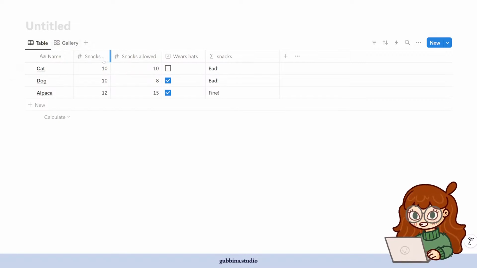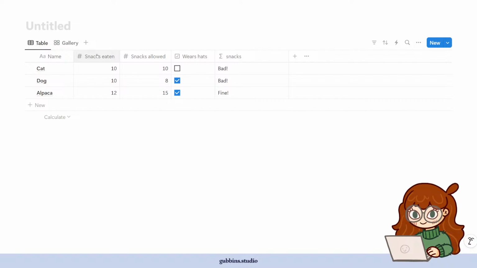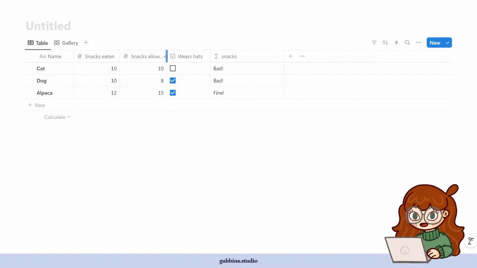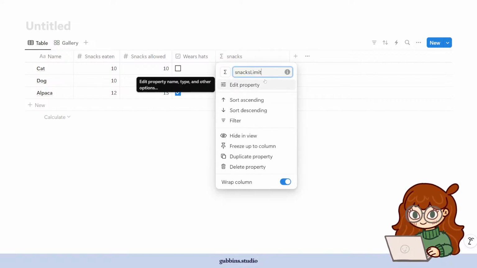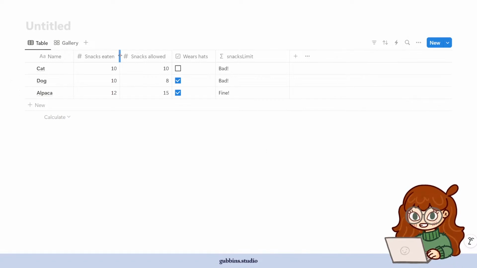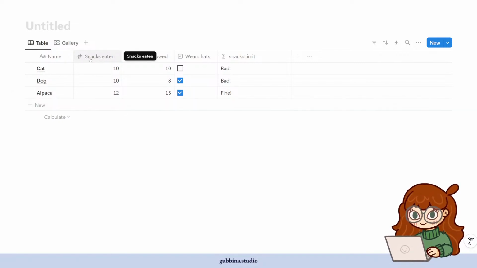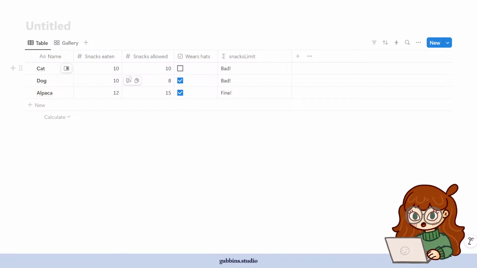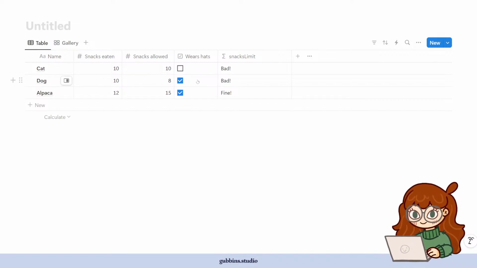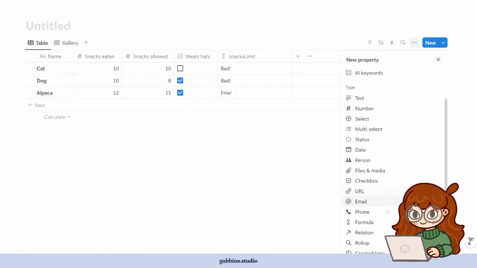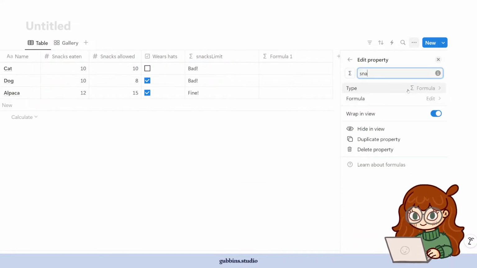Right, let's also say, okay, so here's another example. Let's call this one snacks limit. So let's say you wanted to know how many snacks were remaining. You can do that with a formula. At the moment you'd have to manually do the calculations and say, okay, this one has so many left, this one's gone over budget, but let's make a formula to do that for us. So again, go down to formula, remaining,